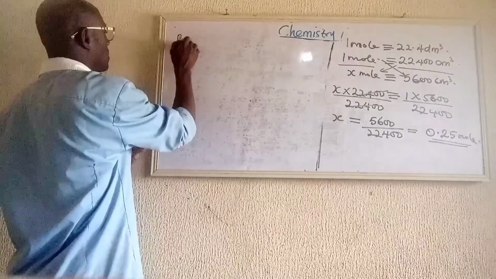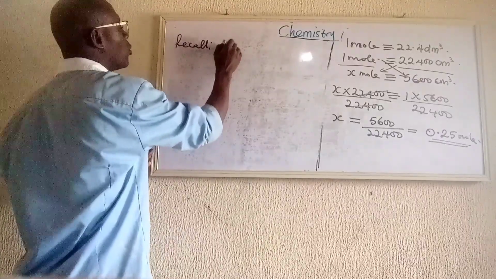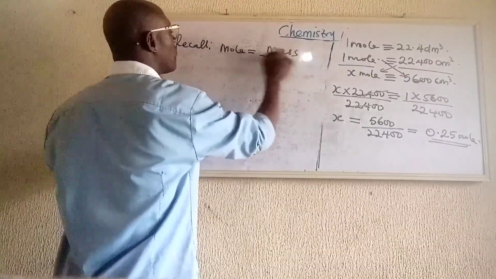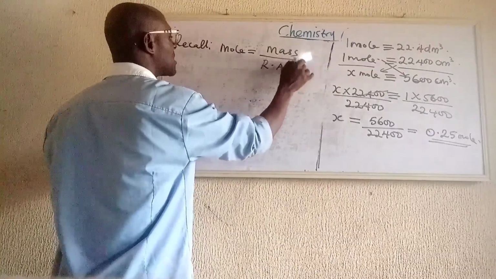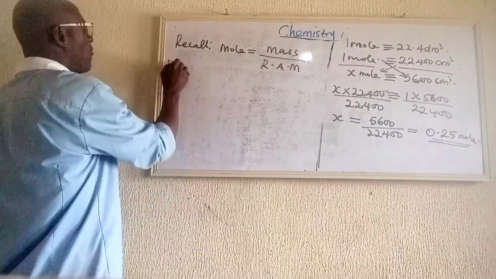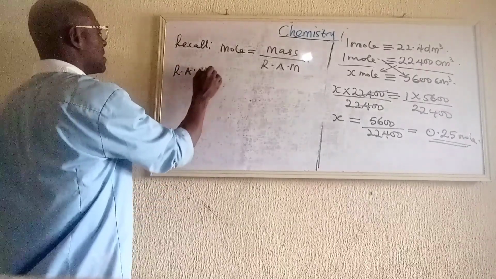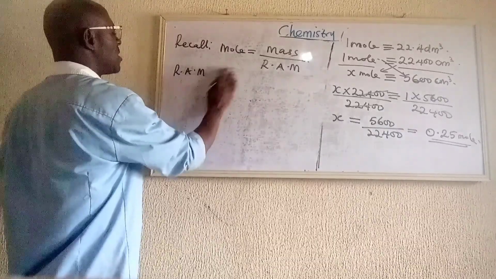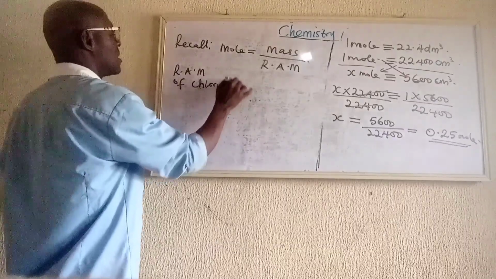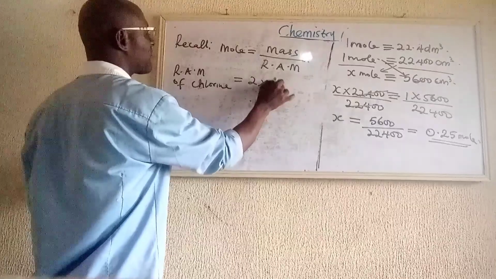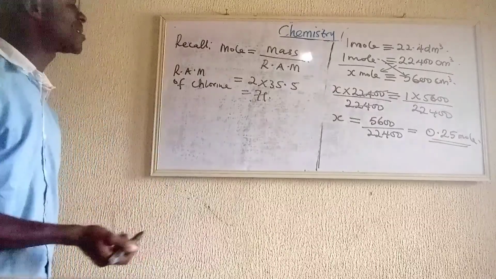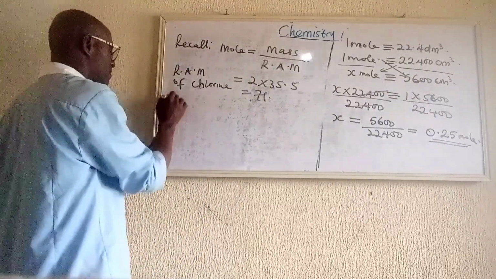Recall that mole is equal to mass over relative atomic mass. So that means, what is relative atomic mass of chlorine? That will be 2 times 35.5, which is 71. Why is it 71? Why is it multiplied by 2? Because, reason,